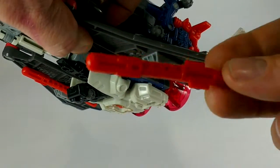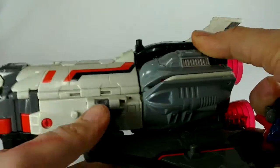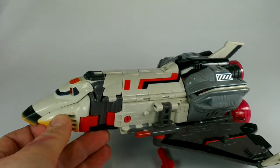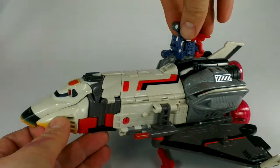Not really a spring gimmick like what sometimes we're used to with rockets firing, but still really awesome that he has that power up. The next thing is that, I just broke him, but the next thing is that this minicon can poke